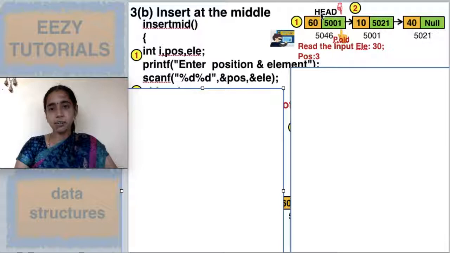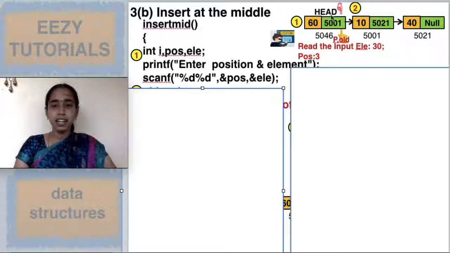The second step. Manually, if I want to insert an element at this position, I'll be creating a new node, and I want to give a link here as well as join a link here. So for inserting a new element in the current linked list, I need to know the positions before the entered position and after the entered position. What is the position before that and what is the position after that? These two things I want to know.